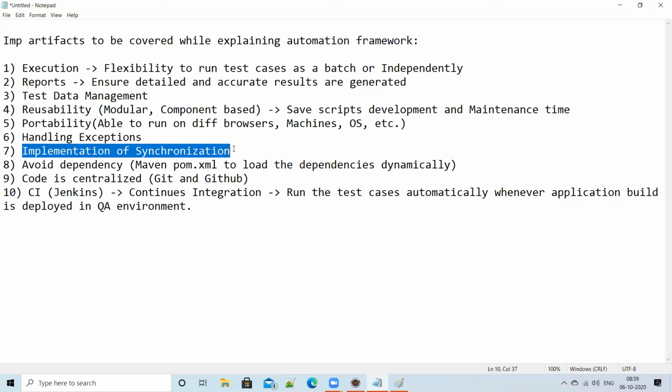So if you have implemented synchronization, at least a default implicit wait of like 20 or 30 seconds, wherever the application responds slowly, it will wait. But again, as an automation designer with your experience, you mention other synchronization features like Thread.sleep, WebDriverWait, and Fluent wait, wherever applicable. So that is another thing.